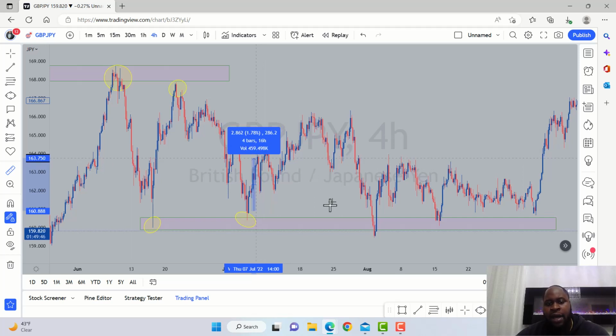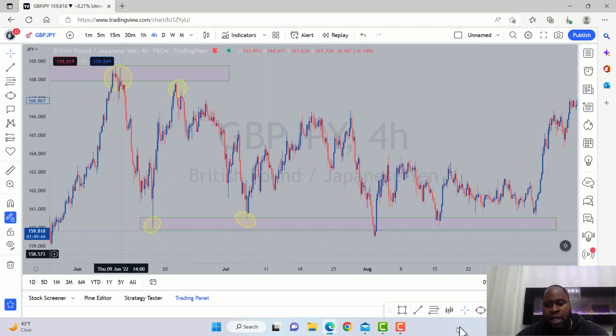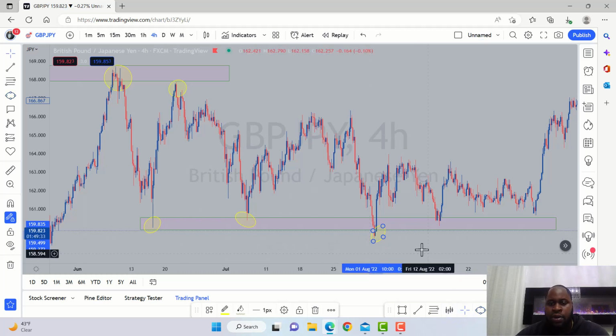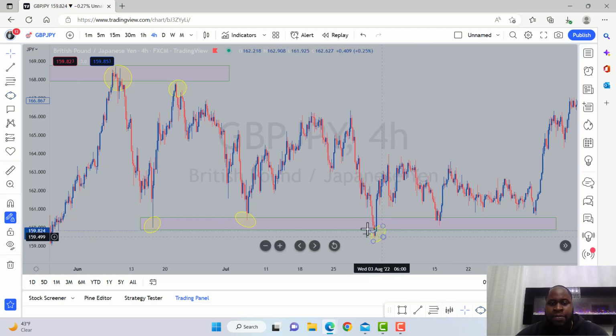Okay. So obviously, we're going to look for price to come back to that zone. This time price did come back. And this is, again, why I mentioned we want to see how price behaves when it gets to the zone, right? Notice how price came down a little beyond the zone, but still wasn't strong enough to completely break past it. You don't want to just be quick and enter a trade once price hits your zone, because it can stop you out,